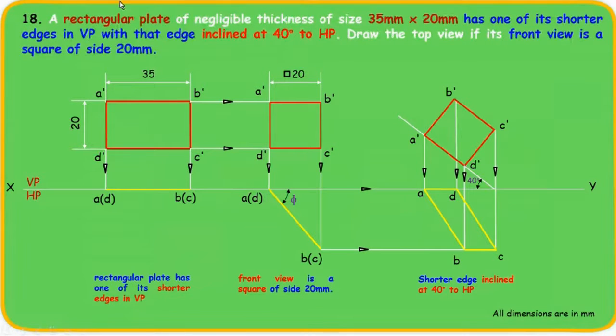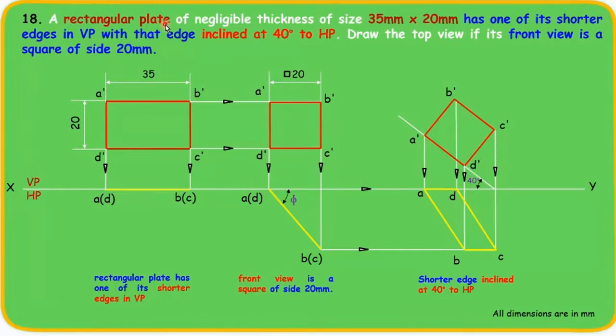So we'll solve this problem today. In the previous class, we finished problems on triangles and one problem on a square. A square was appearing as a rectangle in the top view. In today's problem, we'll solve this question. So this is the question given to you.